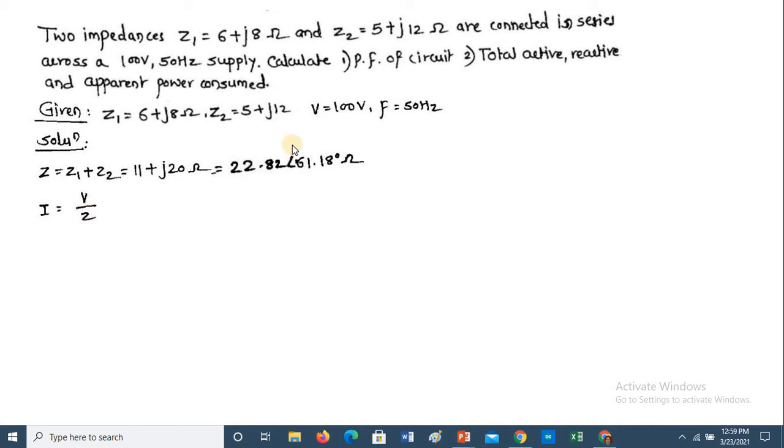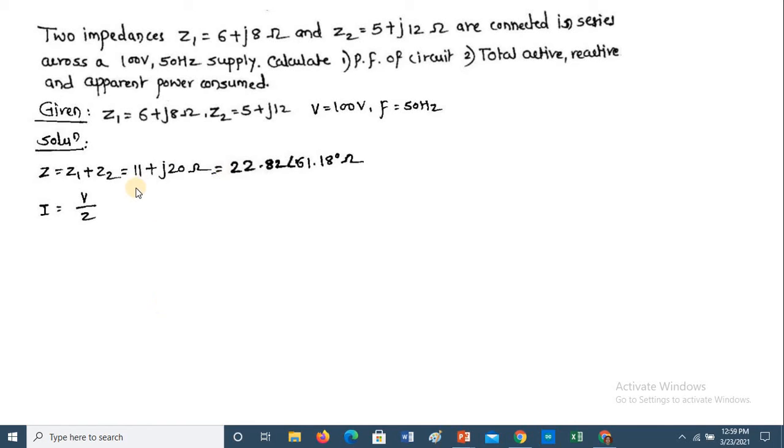The given value of the voltage is 100 volt. By default, we assume this is its RMS value, so 100 volt is the magnitude of the voltage. There is no angle given for the voltage, so by default we take the angle 0. I'll repeat again: whenever a voltage or current value is given in the data, you assume it is the RMS value, and if no angle is prescribed, you take the angle as 0 by default.